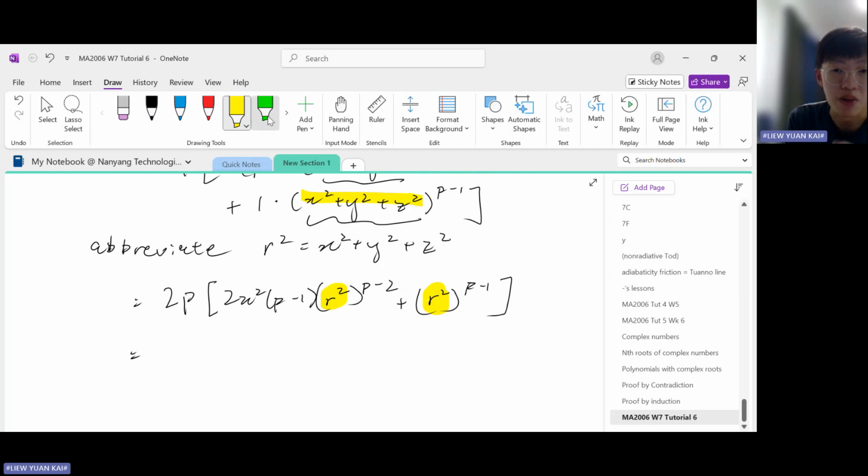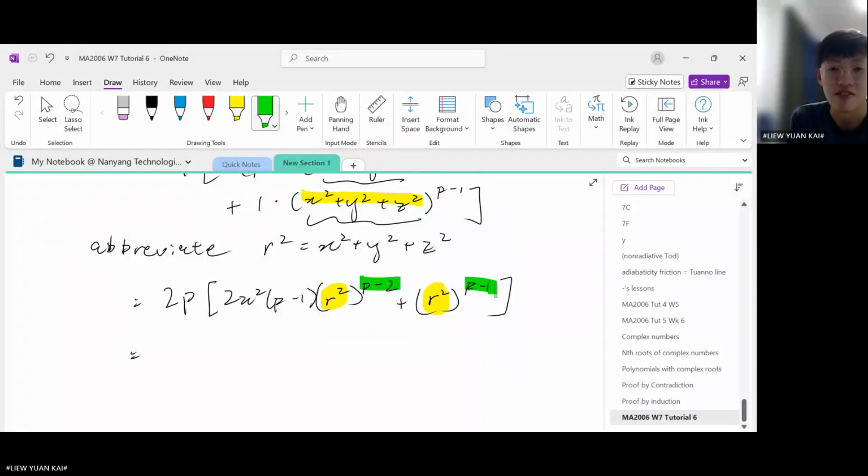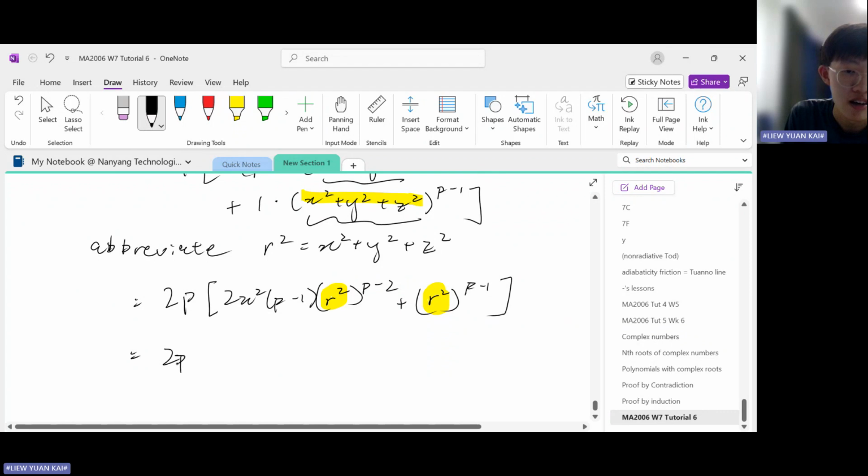Which one is bigger, p minus 2 or p minus 1? It's p minus 1, because it's 1 less than p, but p minus 2 is 2 less than p, so p minus 2 is smaller. So we can factorize r squared to the power of p minus 2 out, leaving behind 2x squared p minus 1